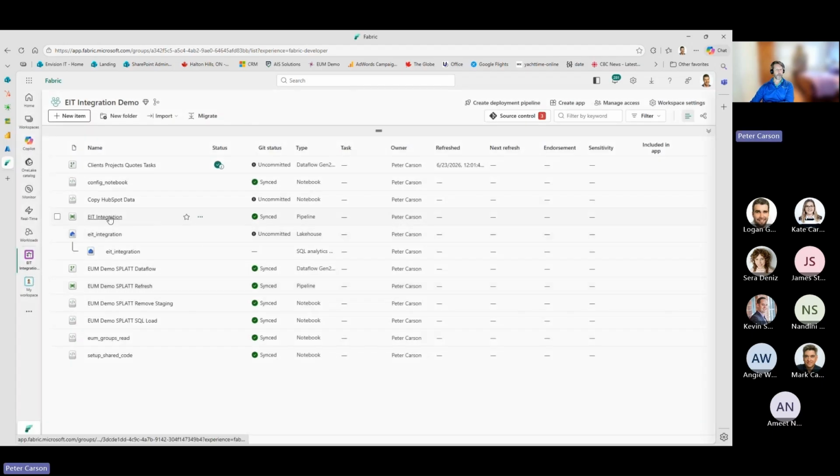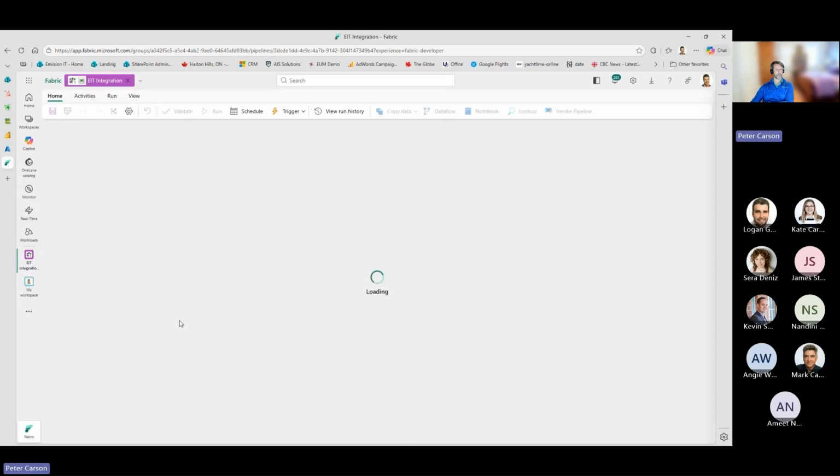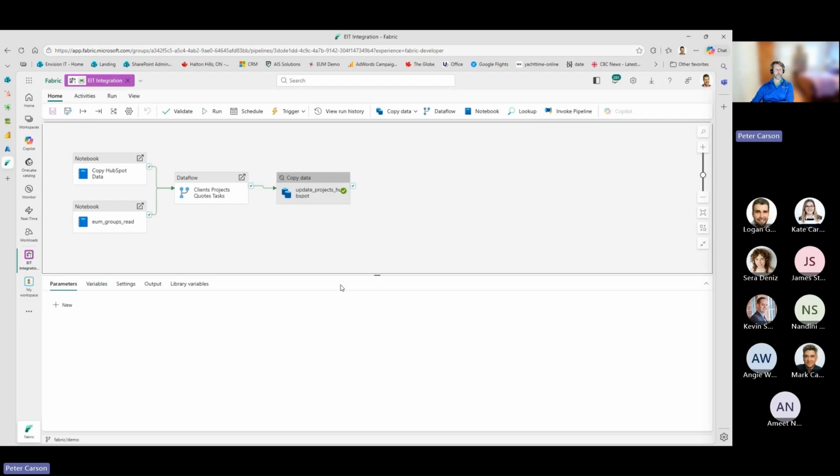So I'm going to start at the pipeline level because it's kind of the master level. As I mentioned, it's the orchestration of what's happening here. And it's a pretty simple orchestration right now. I've turned off the last step, which is to push data back into source systems. I don't want to push out of my demo environment back into our live production HubSpot. I've been working on getting a sandbox HubSpot going so we can play around with that.